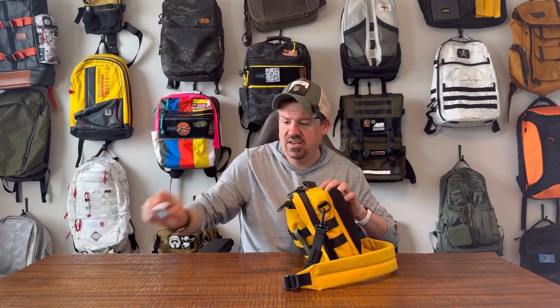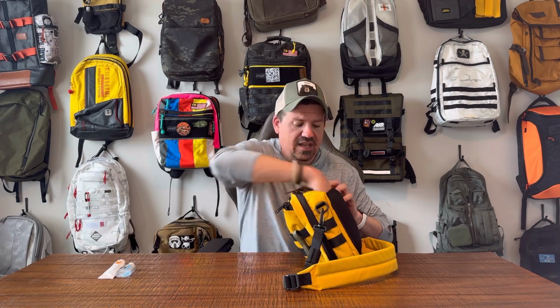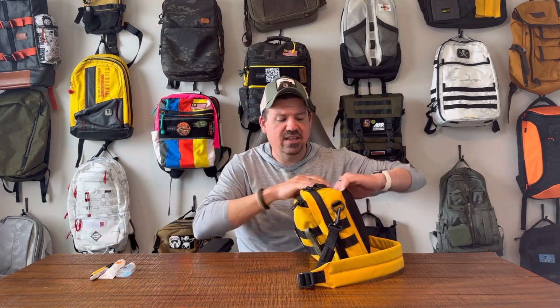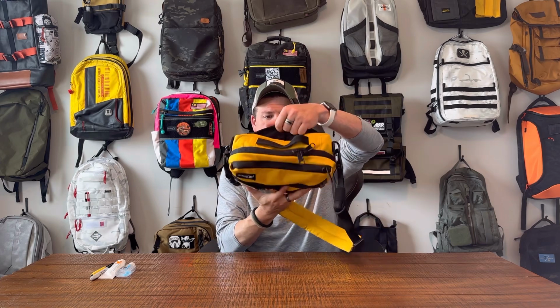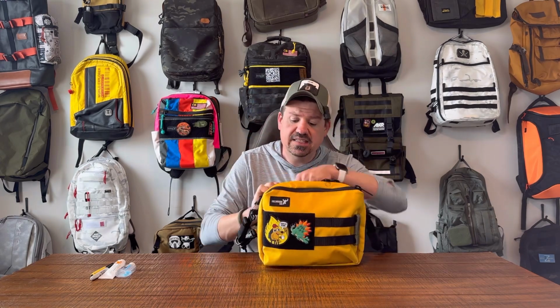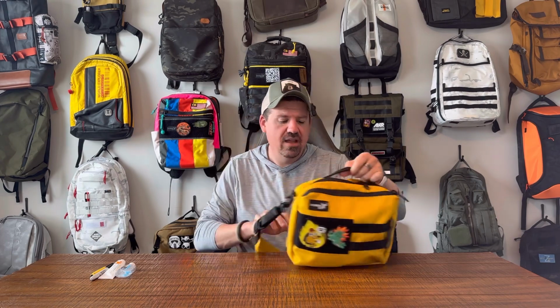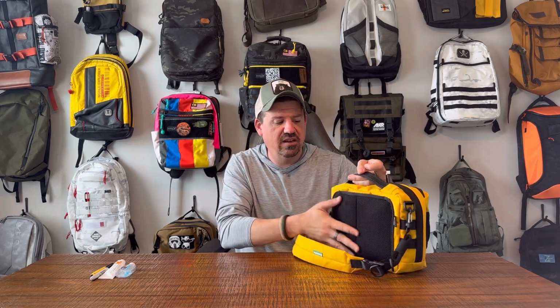I've just tossed in some sanitizer, a Sharpie, a pen, just some quick access stuff in the back here is what I've used that for. It is not a tablet sleeve. It is not an electronic section. Certainly you could do a passport, that kind of thing, but it isn't as important that you put extremely flat stuff in the back on this bag because you've got that extra cushioning and a little bit of dimension to